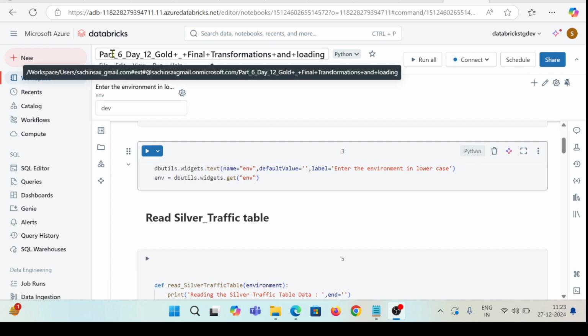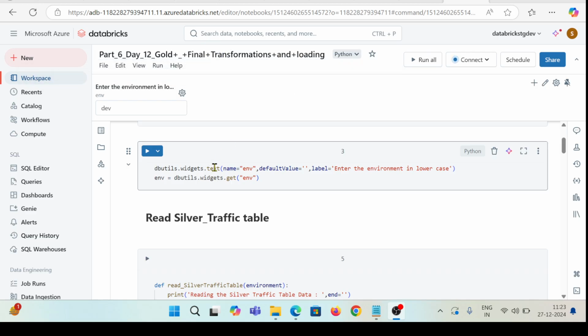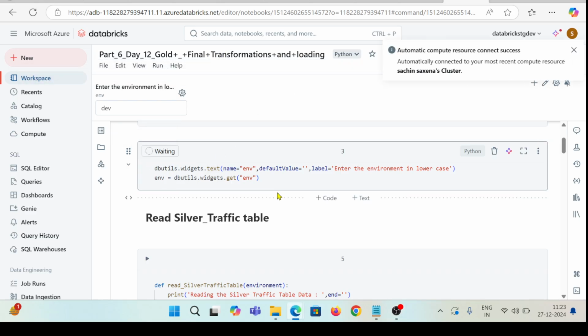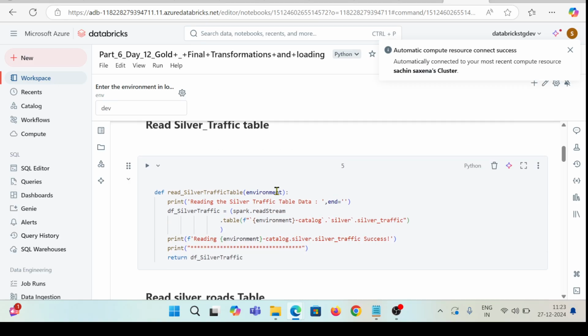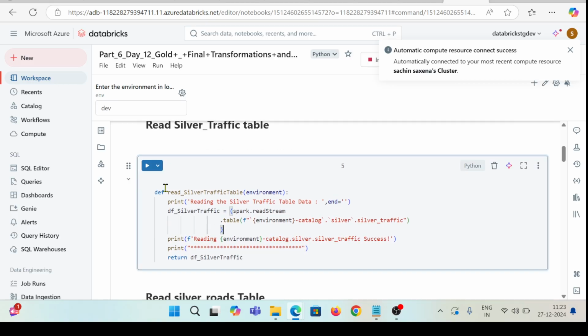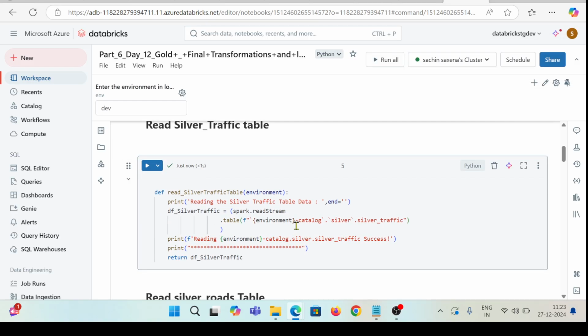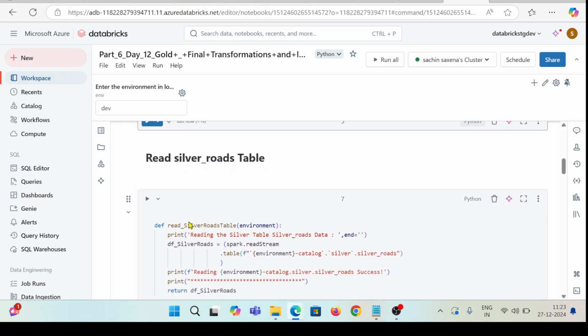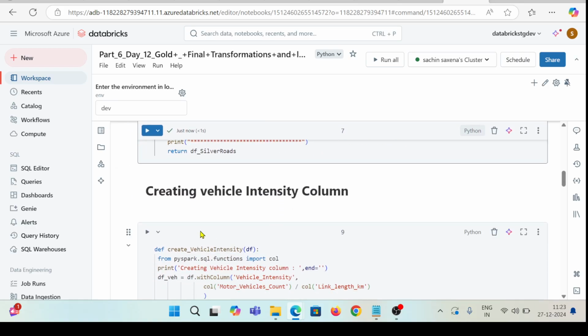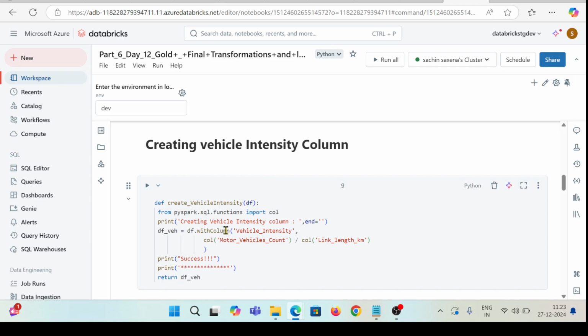Now come back to part 6, which is for gold final transformation and loading. Here I have widgets, and every widget is reading silver traffic. So I'm going to read silver traffic from my part 11. I'm also reading the silver tables, which have the categories, and going to create the vehicle intensity column, which